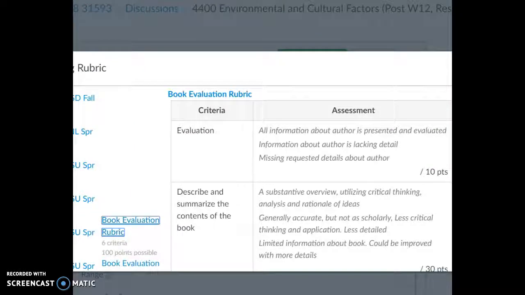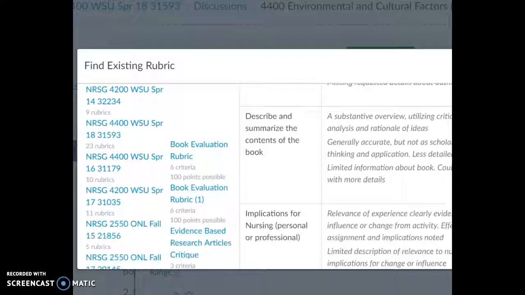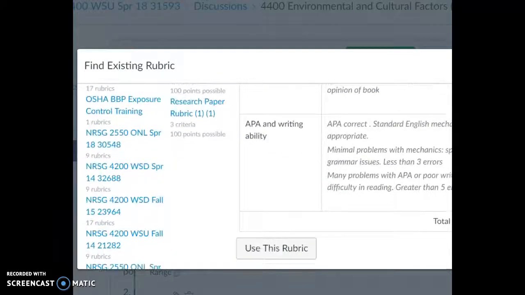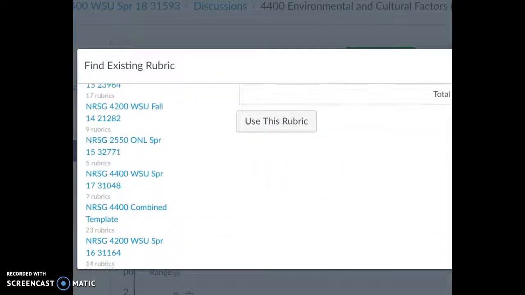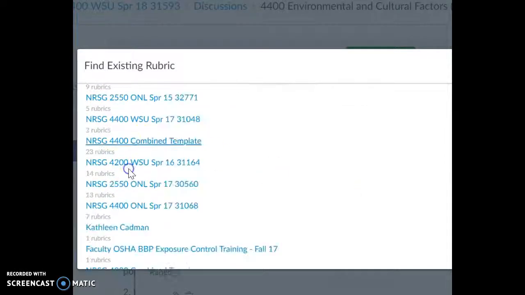move this back over again, you'll see all these different classes over here. I'm in a whole bunch, so hopefully your list is quite a bit shorter than this. But you're going to scroll down until you see, it should be the 4400 shared template, or combined template. So right here, Nursing 4400 combined template. If you click on that,